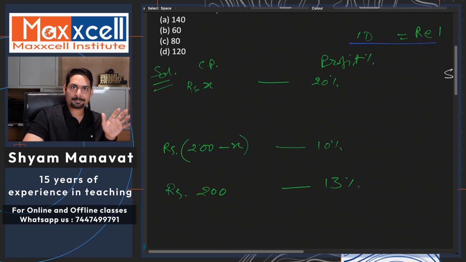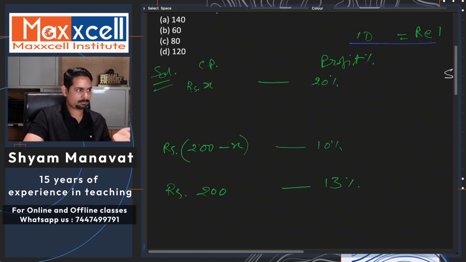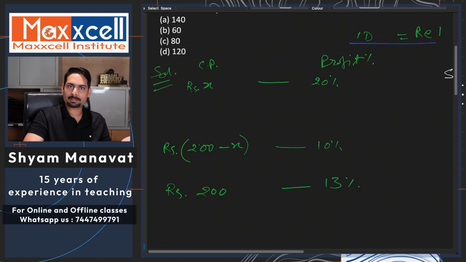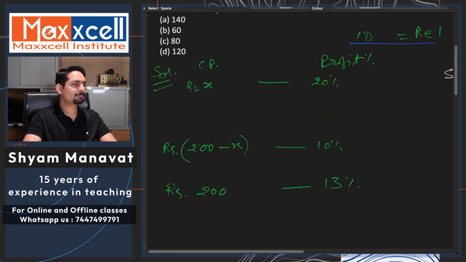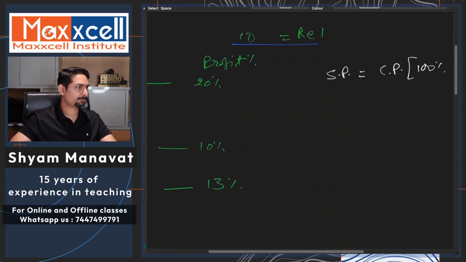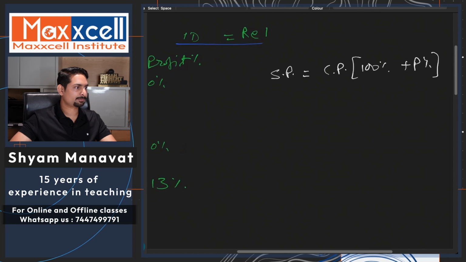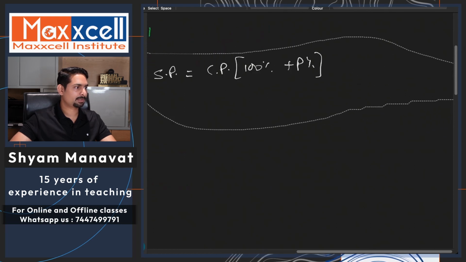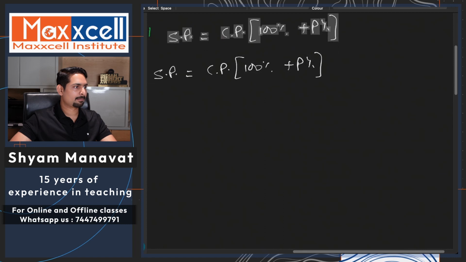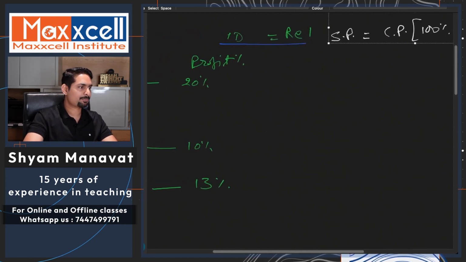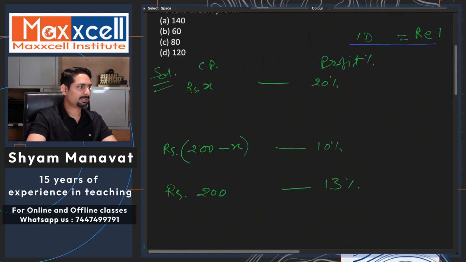So far so good, all good. 1 dozen 1 rupee. Accordingly, quantity into 1 converts into cost price, respective profit given. Okay. Now with this respective profit, with this formula, let me take this formula a little up. Okay, with this formula, if profit percent is given, then I can say here,